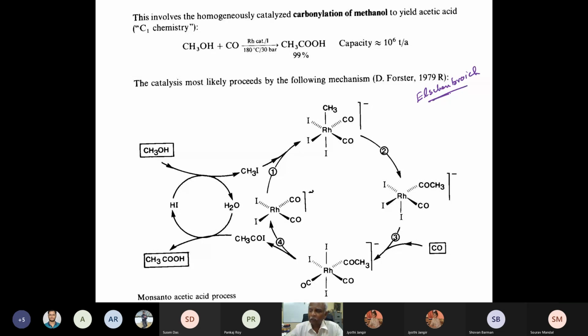Okay, and I have obviously done that for a particular purpose. So methanol is converted in the first step into methyl iodide. That's a fairly straightforward reaction which takes place in the absence of the catalyst also. The methyl iodide, however, is essential for doing an oxidative addition. So the first step is an oxidative addition. And with methanol, that oxidative addition is not going to be easy.